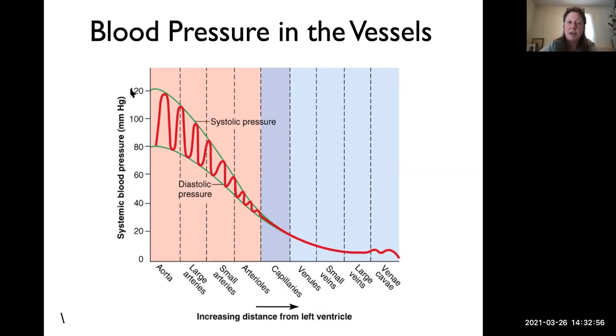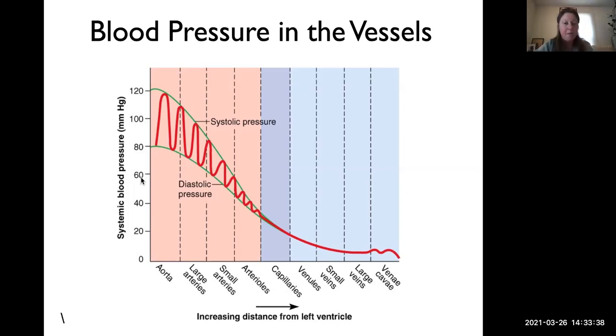When they give you your blood pressure reading in the doctor's office, they'll say you have 120 over 75. That means your systolic is 120, your diastolic is 75. And that's how much the pressure fluctuates in your vessels. If they see, for instance, that the pressure fluctuates much more than that, or the systolic is too high, or the systolic is too low, or the diastolic is too high, or the diastolic is too low, this gives the clinicians the ability to diagnose issues that may be affecting the ability of your heart and vessels to get the blood around your body.